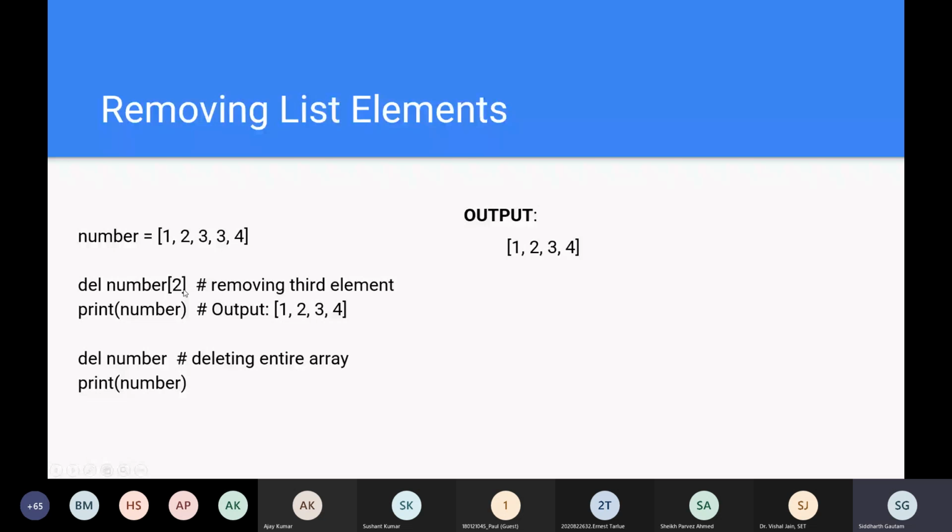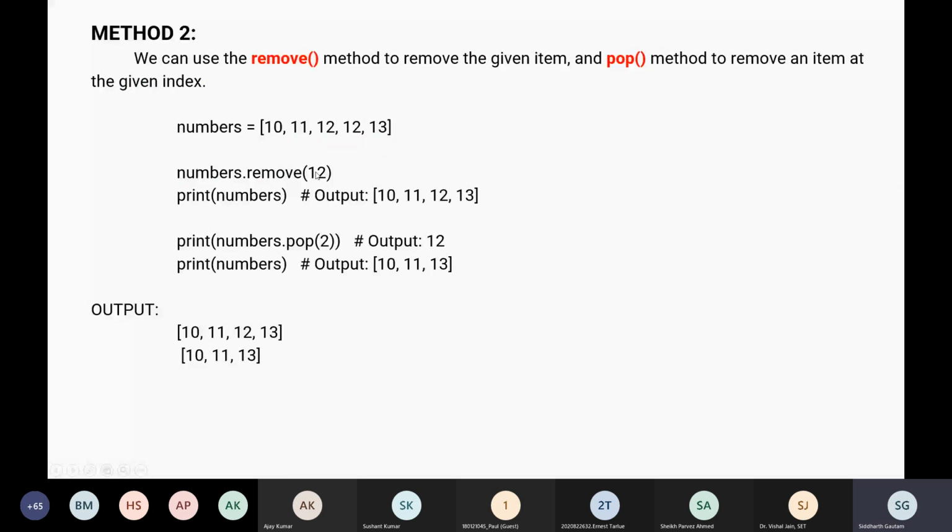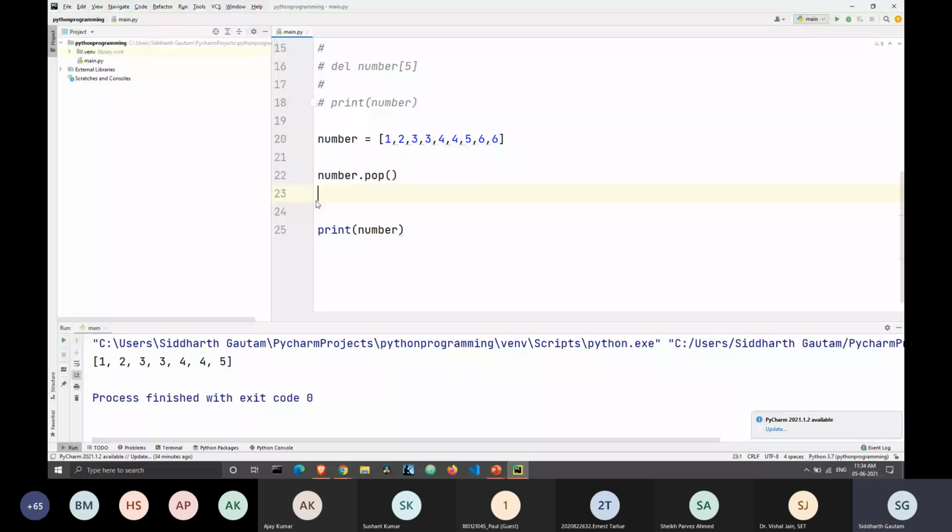So if here I write number dot remove 1, here we have the value of 1. This doesn't mean that the number at the first index will get deleted. The number at the first index is 2, and 2 will not get deleted. This 1 will get deleted, because we're not looking at the index, we're looking at the value.